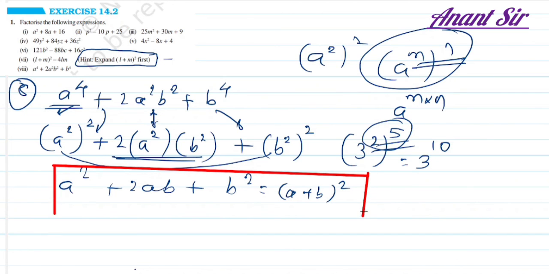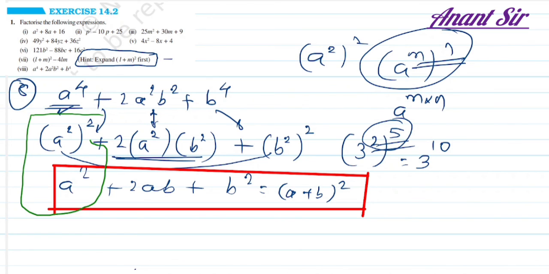So what is the mistake that they make? Now observe carefully. What is in the question in place of a square? In place of a square, in the question we have (a square) to the power 2. So if you just forget about these outer squares, then what is there in place of a? It is a square. So when we write (a plus b) whole square, in place of a, we have to write a square here.